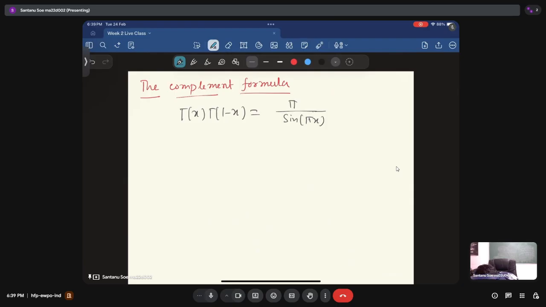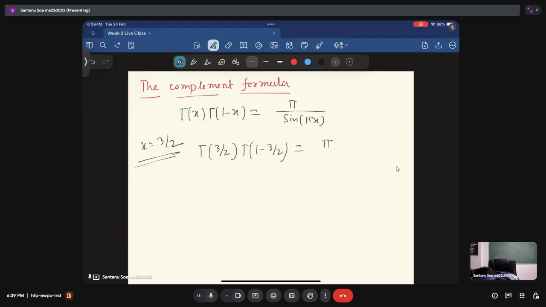Sorry, I think we have to put x equals to 3 by 2, because if you put x equals to half, 1 minus 1 by 2 is just 1 by 2. That's why you have to put x equals to 3 by 2. So this will be gamma of 3 by 2 times gamma of 1 minus 3 by 2,